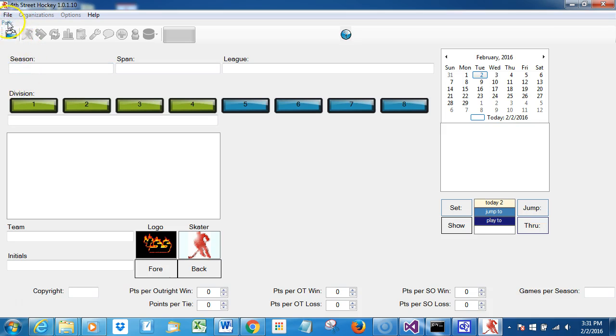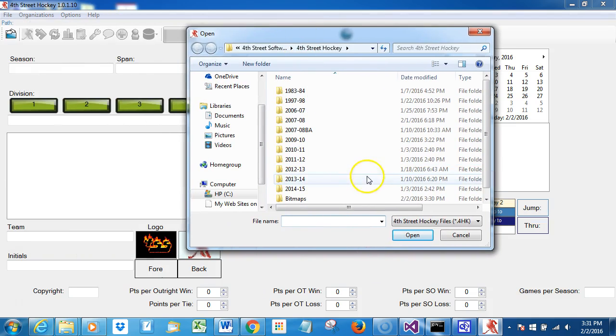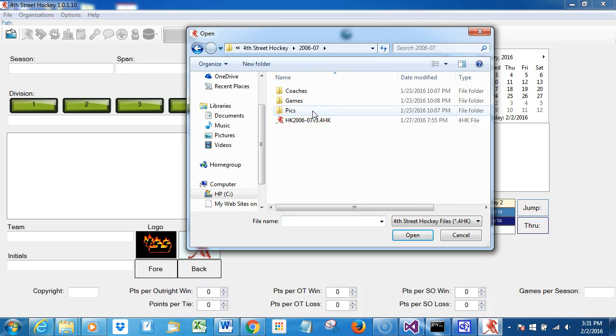So there's two ways to do that. You can either visit the File menu, or if we want to, we can just click on the Open File right here, and that will go ahead and find it for us. We'll go ahead and pick the 2006-2007 season, and it's got a series of folders in here, none of which we need to worry about at present time,